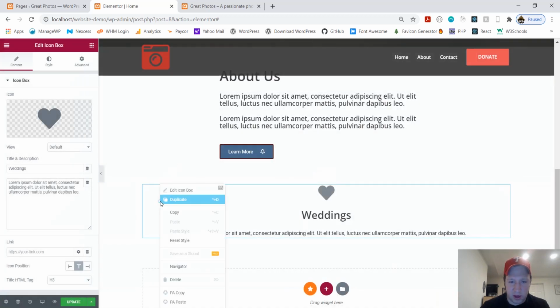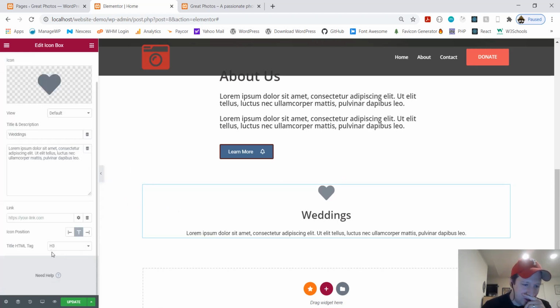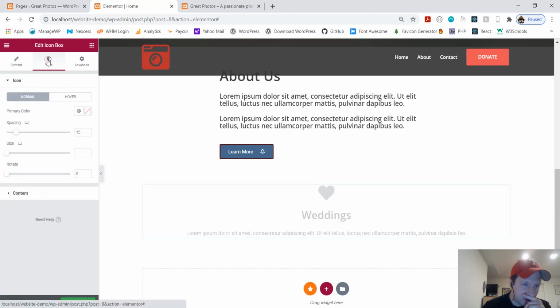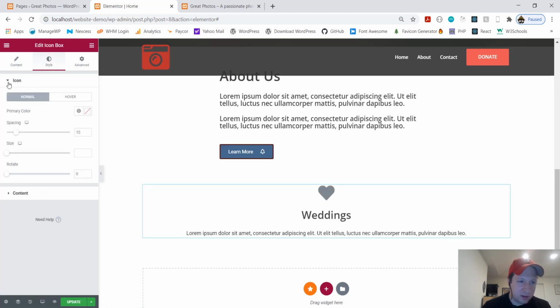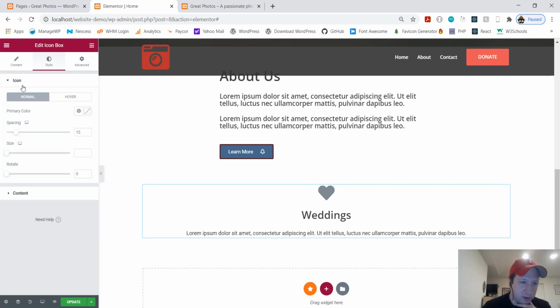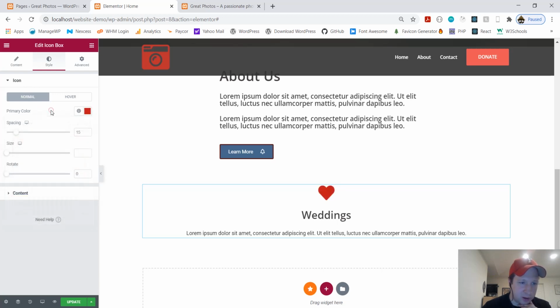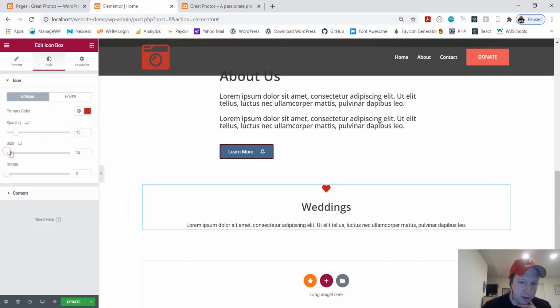And what I like to do, oh, okay, I'm sorry. So here, we're going to style it real quick. This is for your icon. This is for the content, meaning the text, right? It's pretty self-explanatory. You just can't be afraid. So we'll give the icon a color. You can change the size.